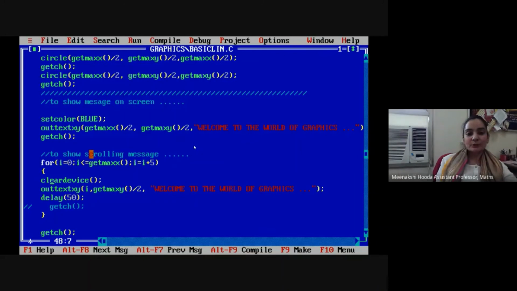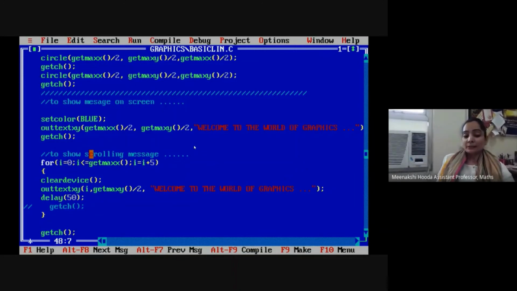Clear screen we use for the text mode, but when we are using graphics mode, it will not work. For the graphics mode, we need to use the library function clear device. Basically, clear screen will work, but it will not clear the screen the way we want. So clear device is the library function that we can use to clear the screen, and it will result in a black screen again.